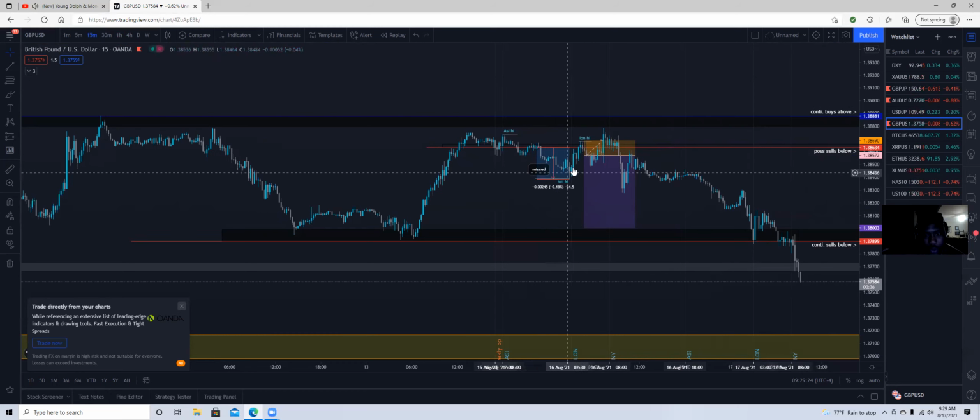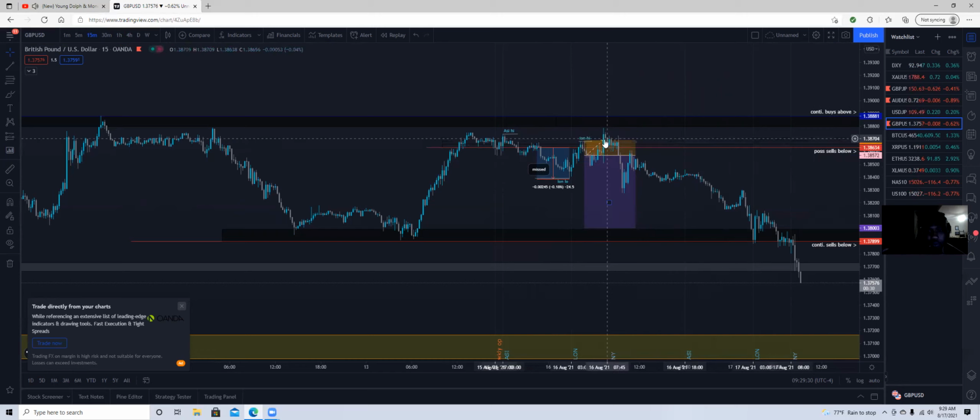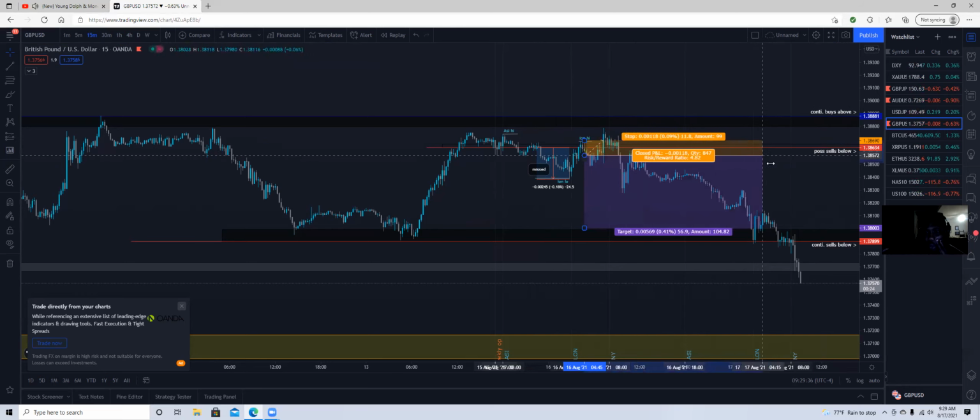Did miss this trade as it pulled back. Did get into this one. Did not close profits on this one, so this one got fully stopped out. And then eventually ended up playing out. But that's just something we'll have to look at and try to identify if that manipulation